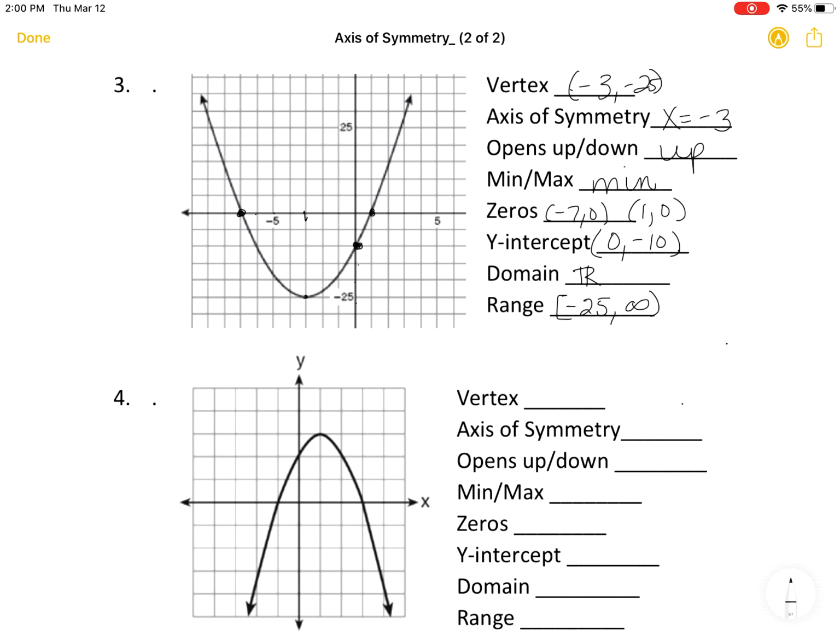Number 4 did not have scales, so I'm just going to count those by ones just to keep things simple. So the vertex is at 1, 3. Axis of symmetry is x equals 1. It opens down, so that means it has a maximum. The zeros are at negative 1 and 3, so negative 1, 0, and 3, 0. It crosses the y-axis at 2, so 0, 2. And then the domain, of course, is all real numbers. Since it opens